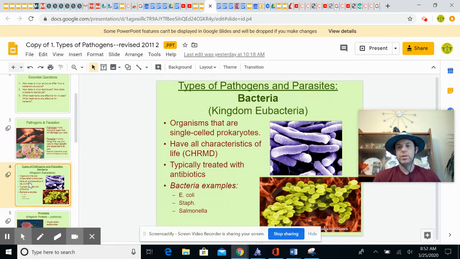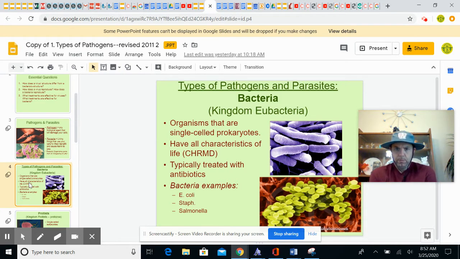Not all bacteria are parasites. In fact, there are some that we actually need in our digestive system so that we can get certain vitamins and nutrients out of the food that we eat. But other ones will make you sick. Some of them will be in your body and they don't help you, and they don't hurt you. But we're going to focus more on the ones that can make you sick.